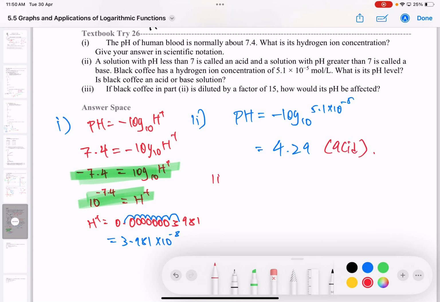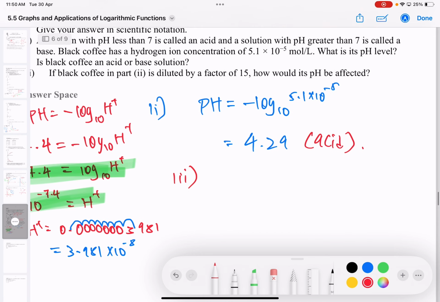Alright, the last part. If the black coffee in part 2 is diluted by a factor of 15, what is this new H plus concentration? Divide or times? Divide. So I have the original concentration, 5.1 times 10 to the power of negative 5, divided by 15. That will give me